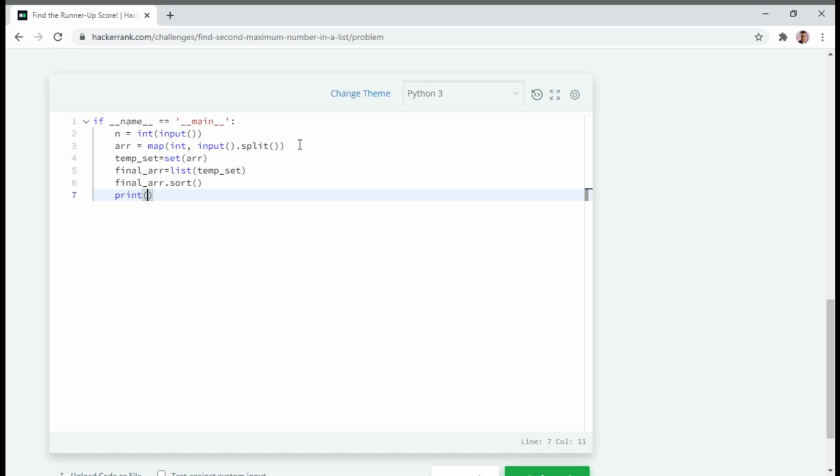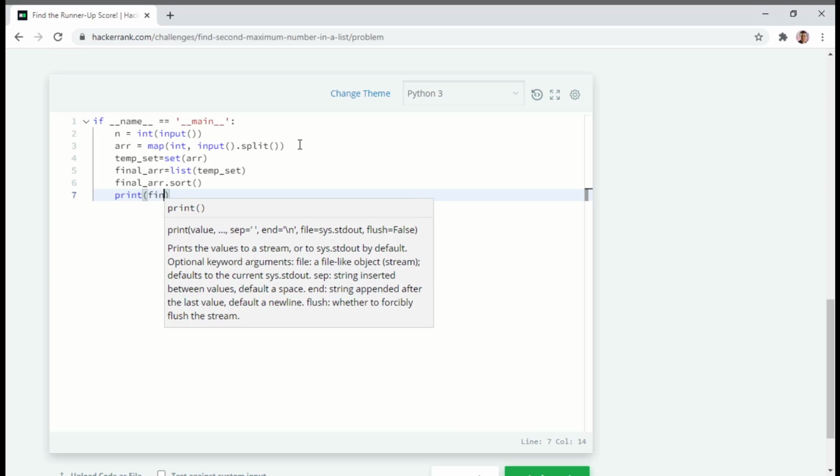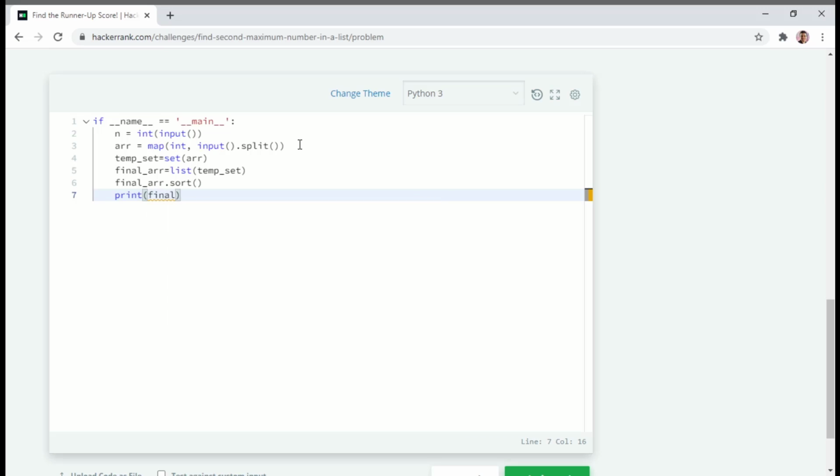Now finally we print the second largest element, which is the negative index of 2, that is -2. In Python we are allowed to use negative indexes. So the second largest element, that is the second element from the end, is at -2.